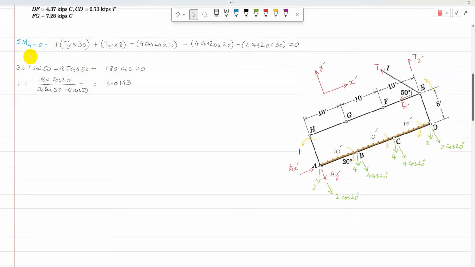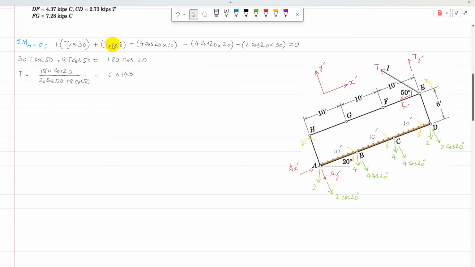And then after simplifying it, the angle of I with horizontal axis is 50. So Ty is T sine 50 times 30, and Tx prime is T cos 50 times 8, and it is equal to 180 cos 20, and then T, that is